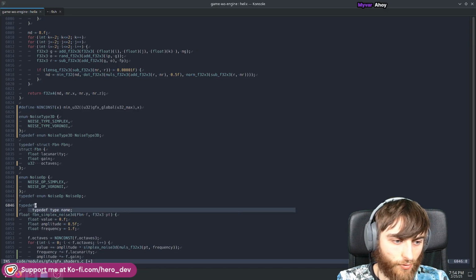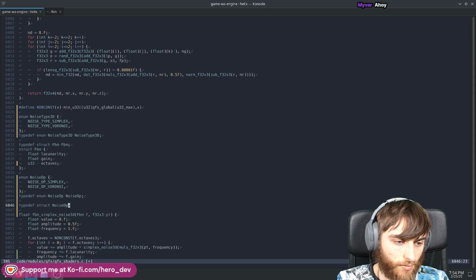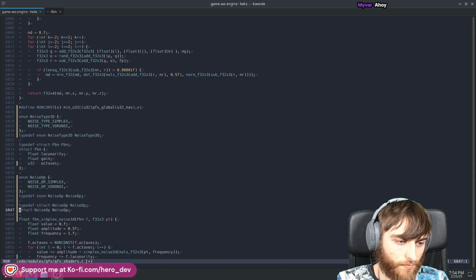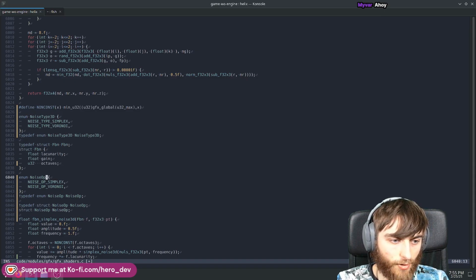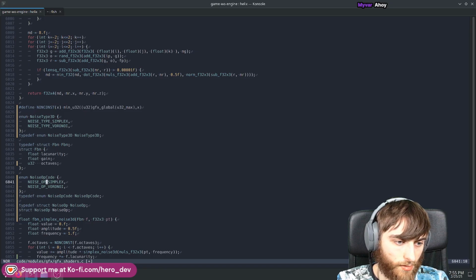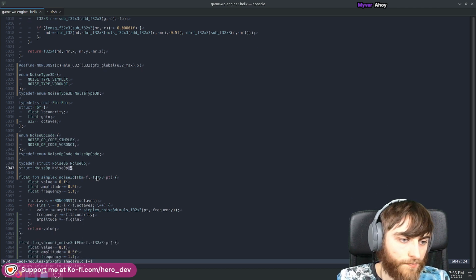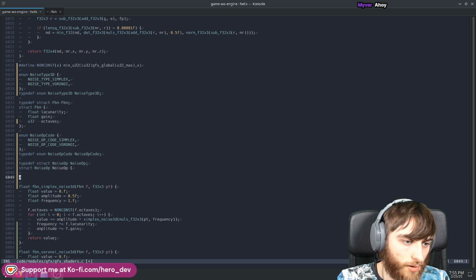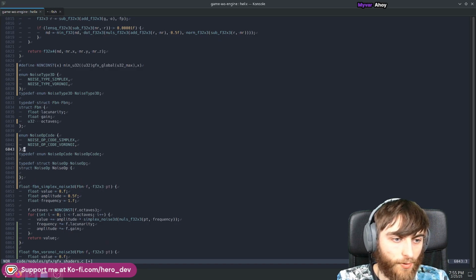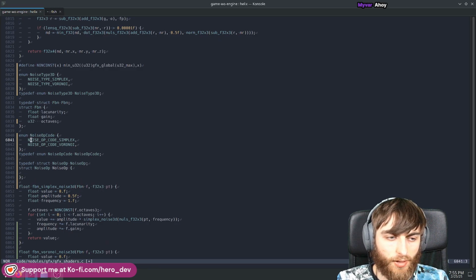So let's typedef the structure. I think this will have to be noise opcode. And then in here, we'll put the opcode, and then I think we'll have